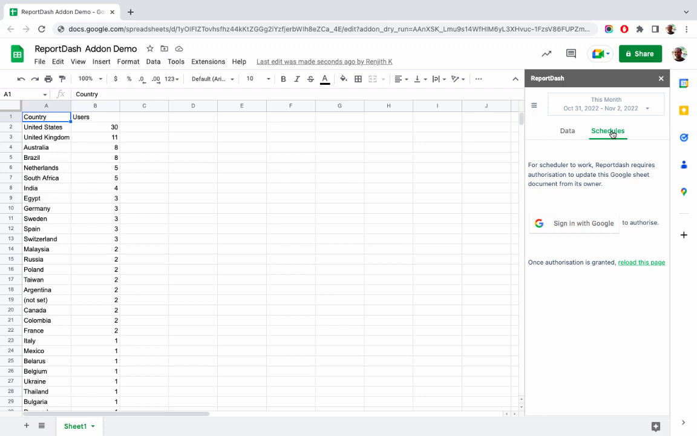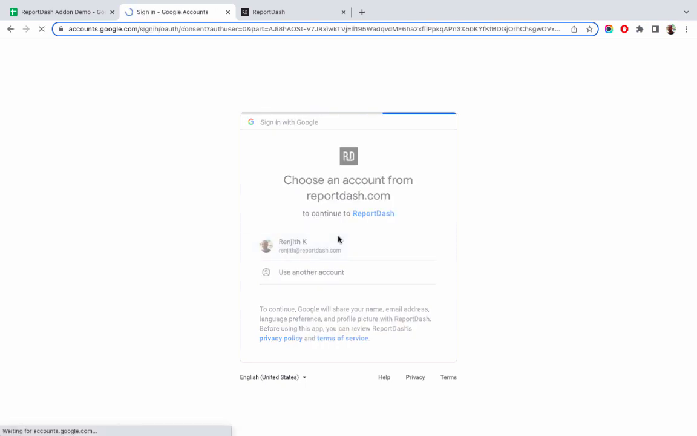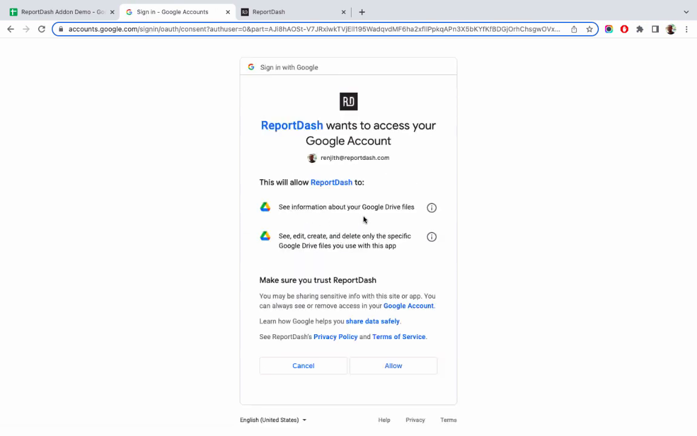For the scheduler to work, the add-on requires permission to update the sheet even when the add-on is not opened. The scope requested is the drive.file scope, which grants the add-on write access to this particular Google Sheet file. It is through Google File Picker that users can grant write access to specific Google Sheet files. To list the files in Google File Picker,